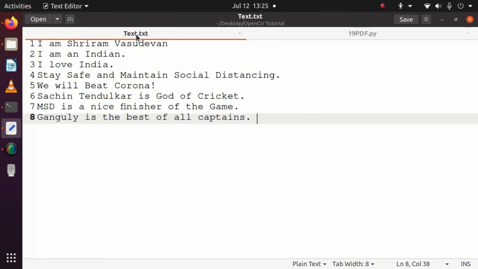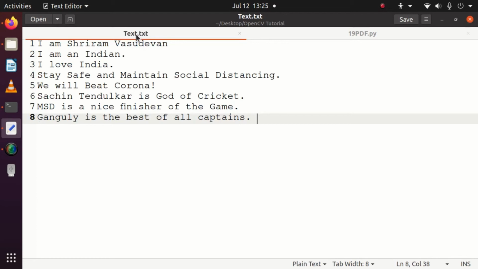Hello friends, welcome back. In this session, we will understand clearly how exactly to convert a text file to a PDF with Python. Yes, we are converting text content into PDF with simple Python code. How do we do it? Very simple. We will first create a text file.